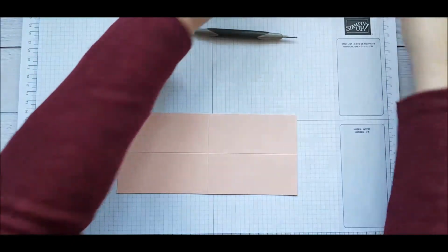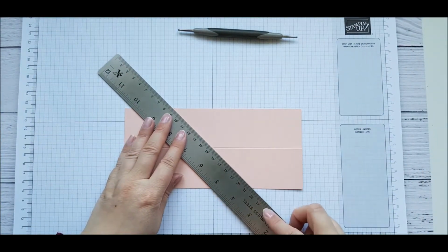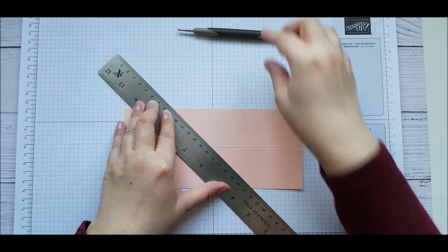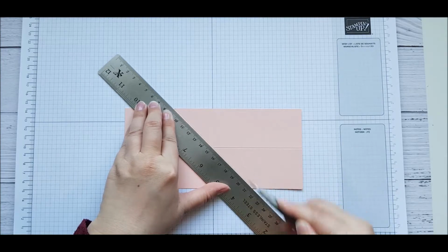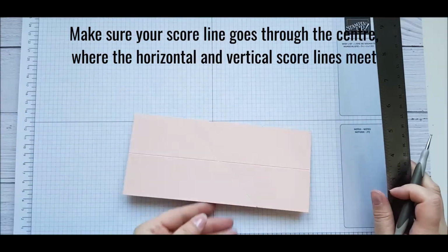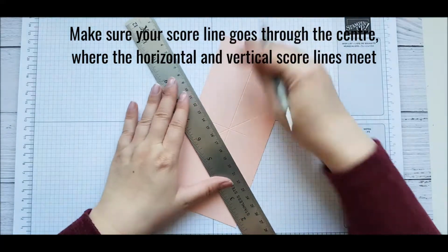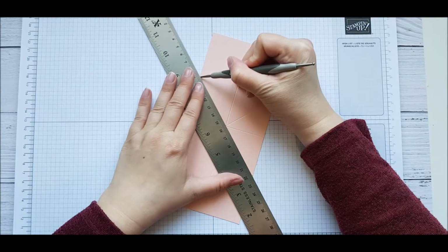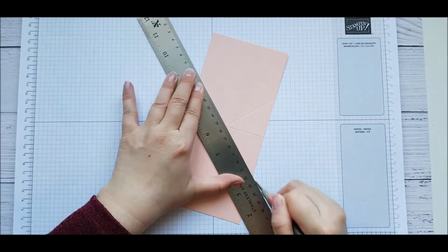So then what we're going to do is take our ruler, and we are going to position the ruler between the opposite pencil marks that you made, and we're going to take our scoring tool and just score a line. Obviously you can do this with your trimmer if you like. I just prefer the ruler, it's so much easier. And I'm holding this at a funny angle, but if I just line up those two again, the opposite ones, I'm just going to score again. Okay,